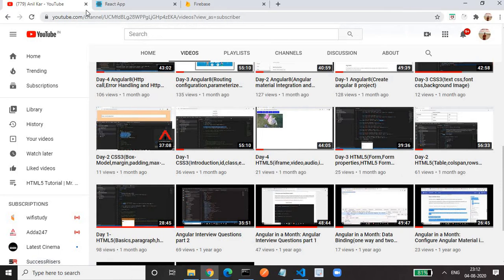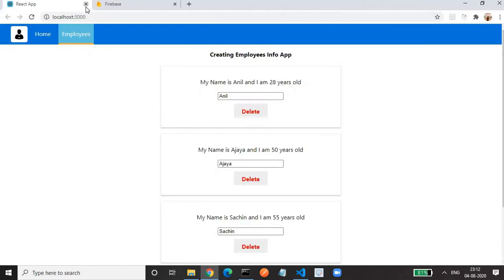So without wasting much time, let's jump into today's session. Today is day 7 of the React.js in-depth tutorial. So this is the page. I modified my page a lot. Here today we learn the HTTP call, the AJAX call, by which we will connect to the database and fetch the data from the server. How to make a request to the server to fetch the data from the server. So we will learn all CRUD operations in React.js: create, update, delete, post, everything we will learn.